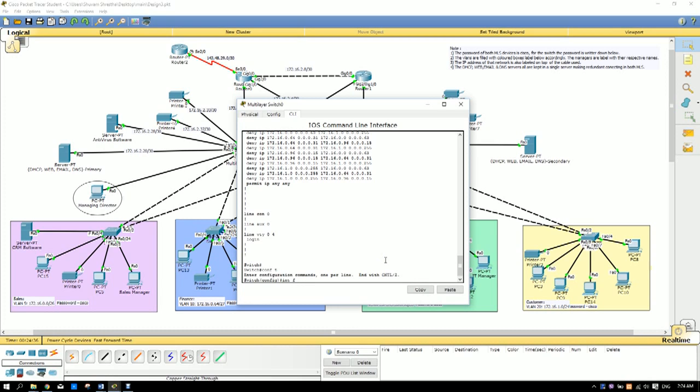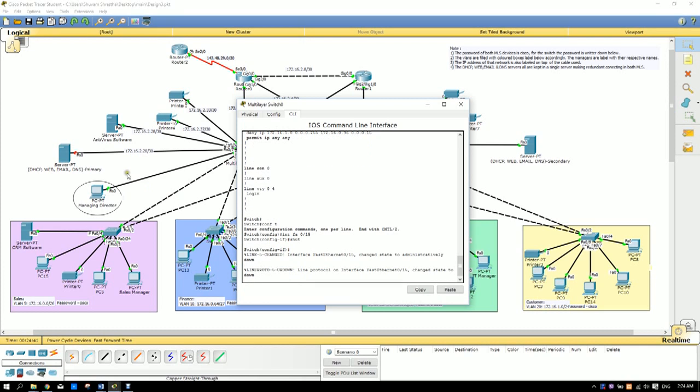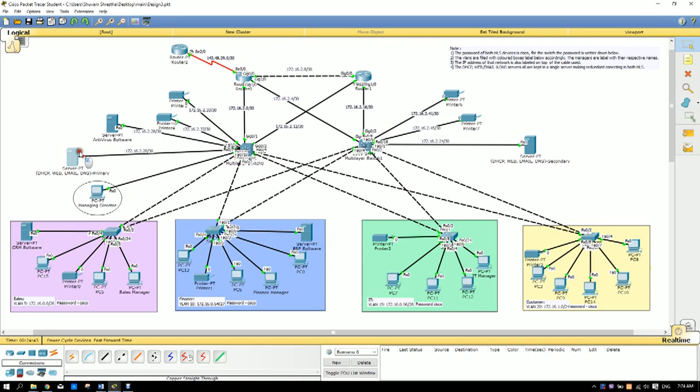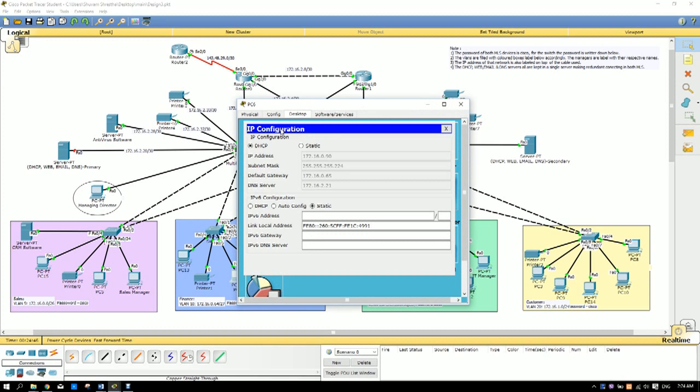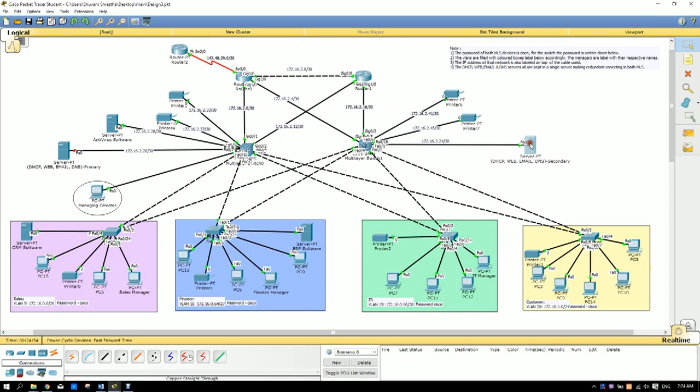So I'm going to enter the 15 fast Ethernet and shut it down. As here the red marker is. So I'm going to ask for a DHCP packet from any of these computers. It should probably get an IP address from the secondary, so it's successful,